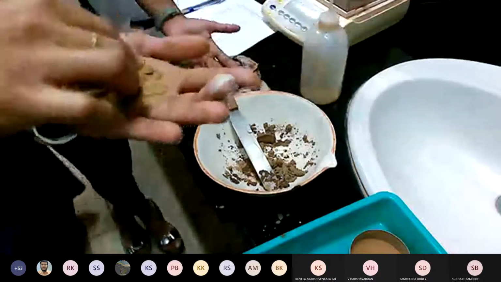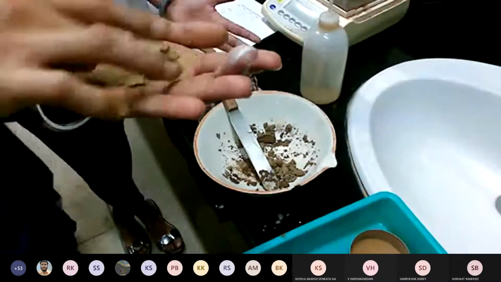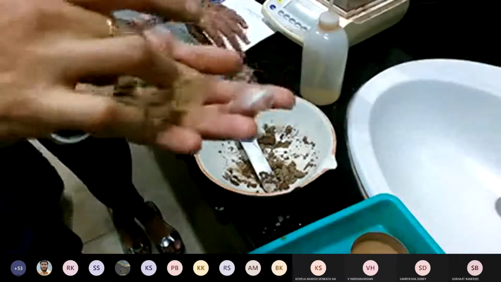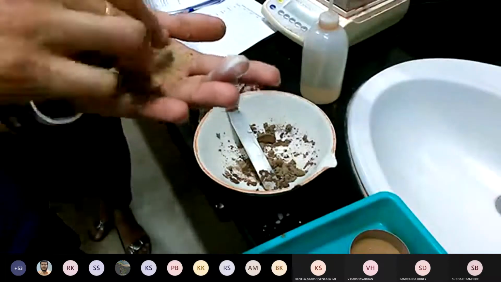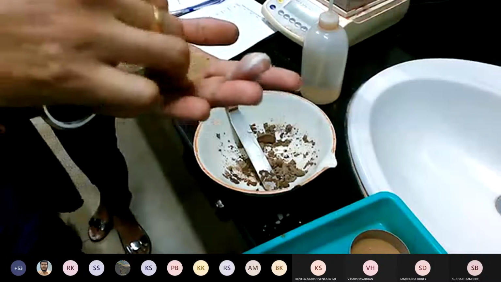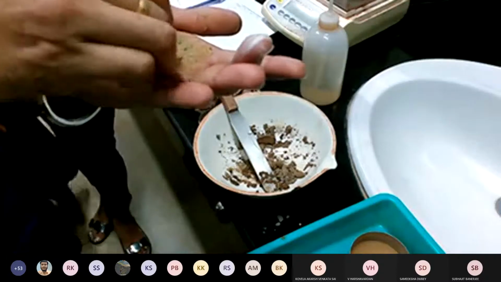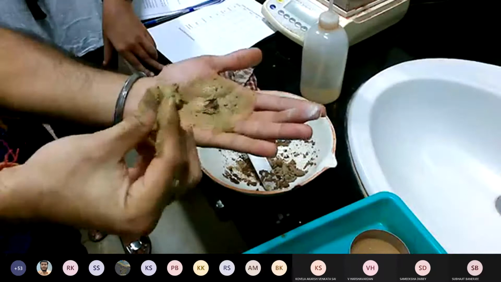So if we add more water to a clay substance, see, they do not mix very easily. Clay substances do not mix very easily. Due to the cohesion, the particles are already sticking to one another, and even if we keep on adding more water, they still feel sticky.